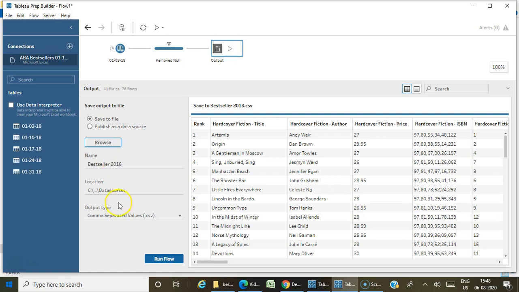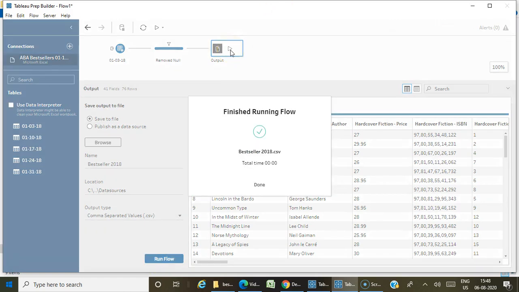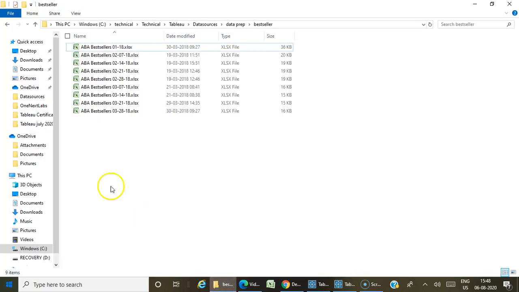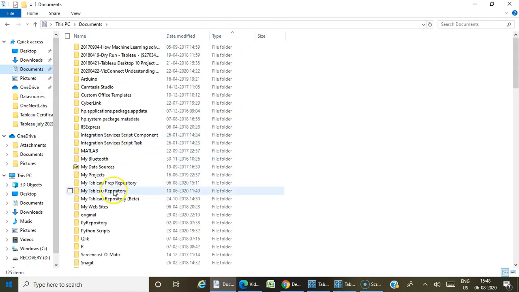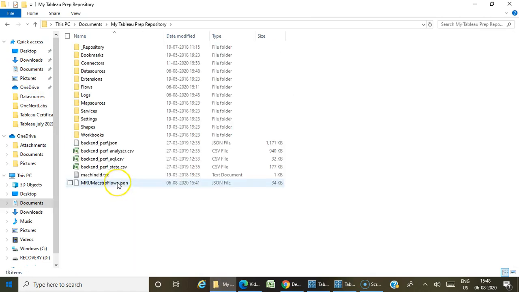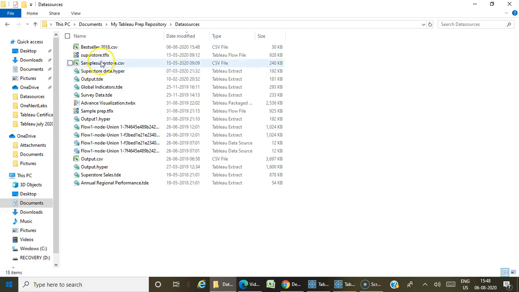So we have renamed the file, we have chosen the folder where I need to save this file, and you just have to give run flow either from here or from here. Give done. Now you can go and check that particular folder, my Tableau Prep repository, data sources. Here you can see bestseller 2018.